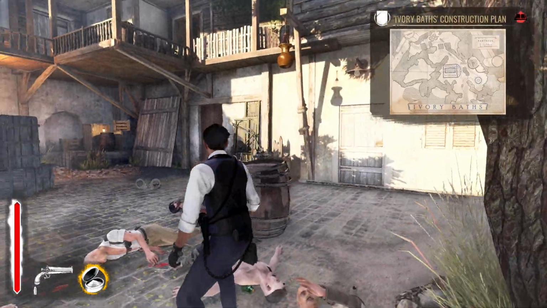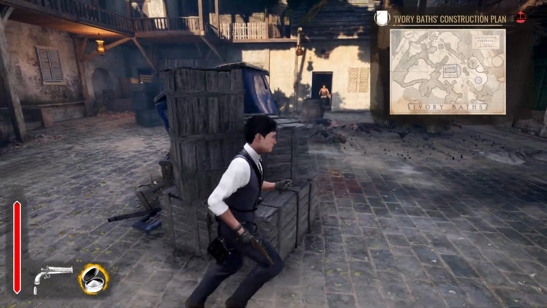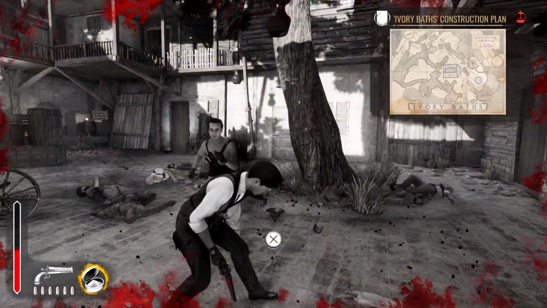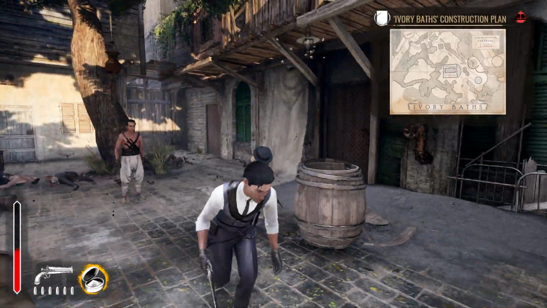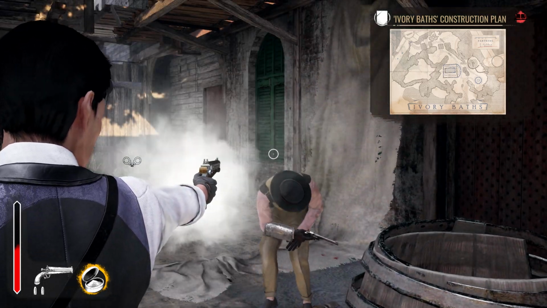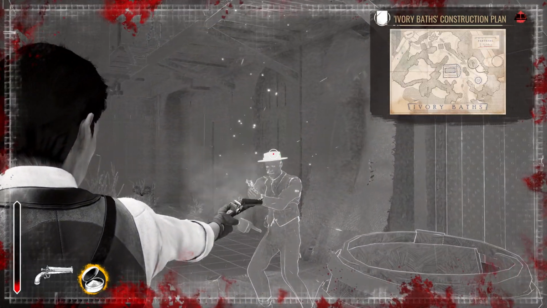So where are they? Okay, so there's one here. Oh no. Come on! No, come on. Yeah, obviously. He was going to do that. Let me... Oh no, I can't. I can shoot the hat because...